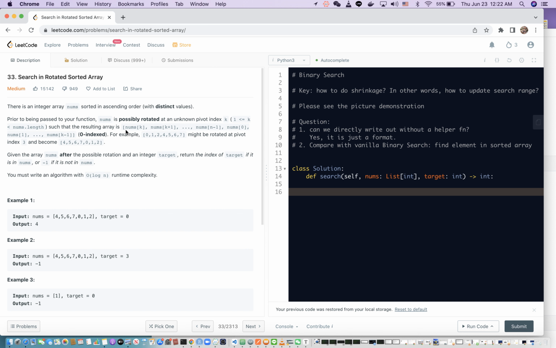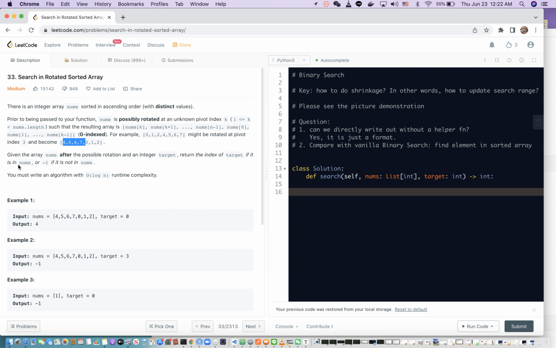Notice that both nums[0] and nums[k-1] are less than nums[k]. In other words, the numbers in this part are all greater than the numbers in this part. For example, from 7 it drops to 0, then to 2, and 2 is